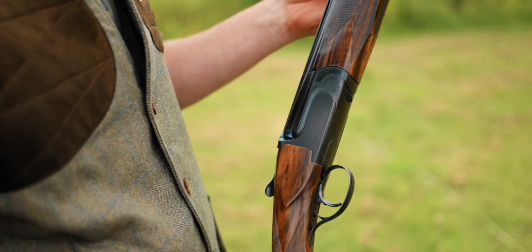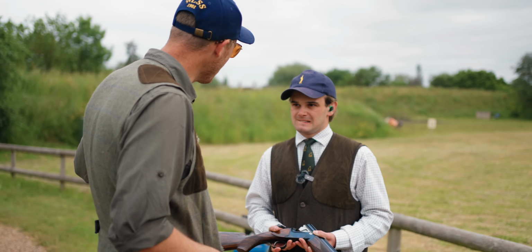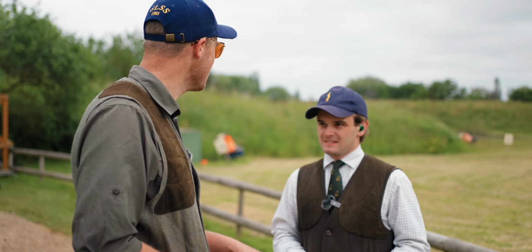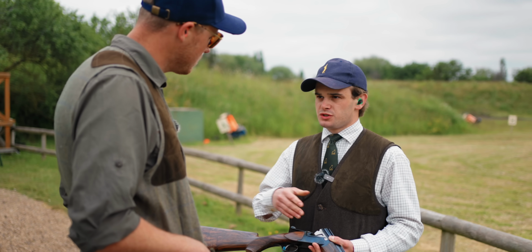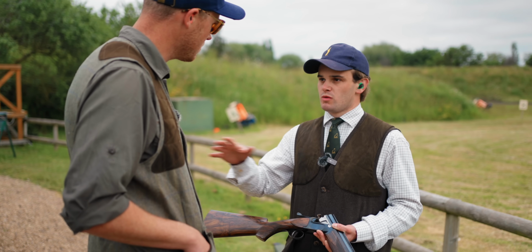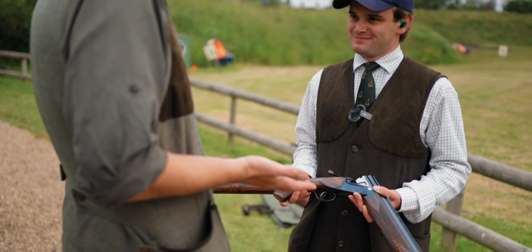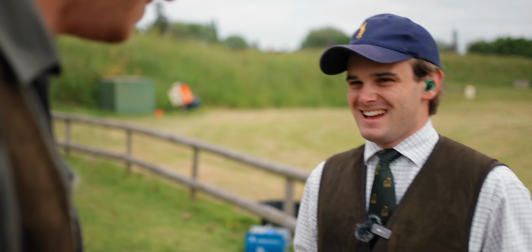Most of the 16s I've shot just hurt, but to be honest, most of them have also been side-by-sides of a bygone era. I've not really shot anything like this, so I'm kind of excited. Well, I'm pleased to hear it. The ones that we've sold so far, customers have come back saying they've never shot better. So let's give it a go. What's the worst that could happen? Johnny likes a 16 bore. Well...